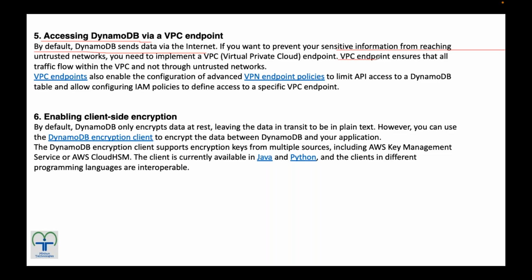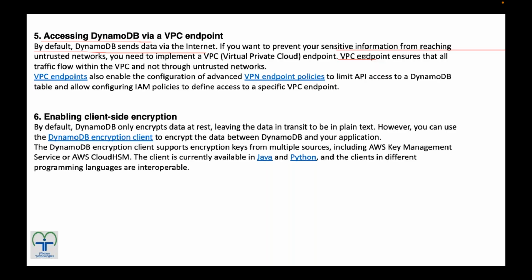In the VPC, there is one more concept. You can create a VPC endpoint, and using it, you can reach a DynamoDB table over a private channel. So if you don't want the DynamoDB public endpoint, you create a VPC endpoint and enable it